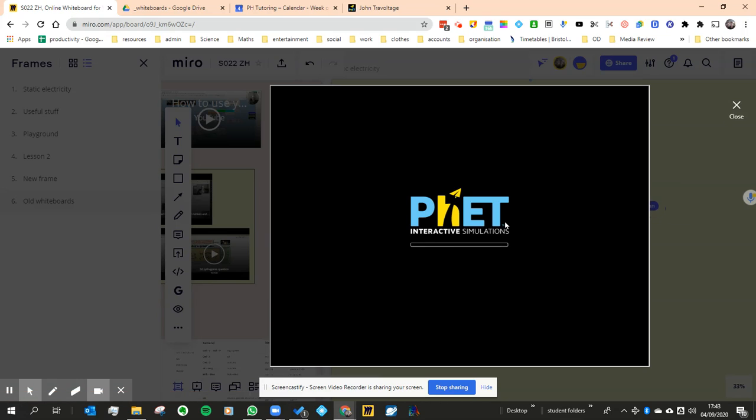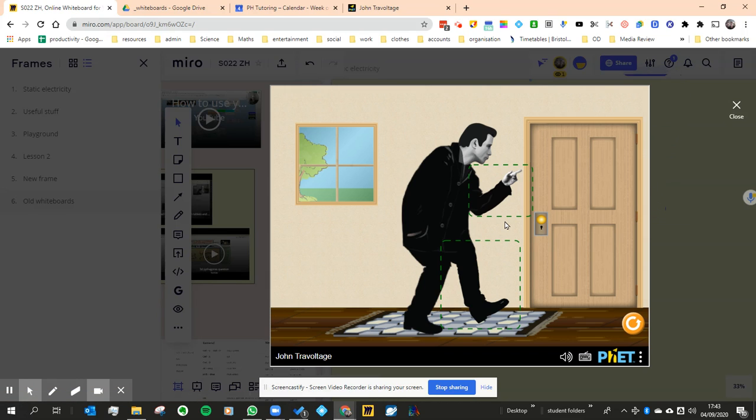I'm just looking at the second simulation that we had to play with. This one is called John Travoltage because it's from the actor John Travolta. I don't know if you've noticed that. Okay, yeah, it does look a bit like Jim Carrey, but it's John Travolta, and again we're going to use some friction,